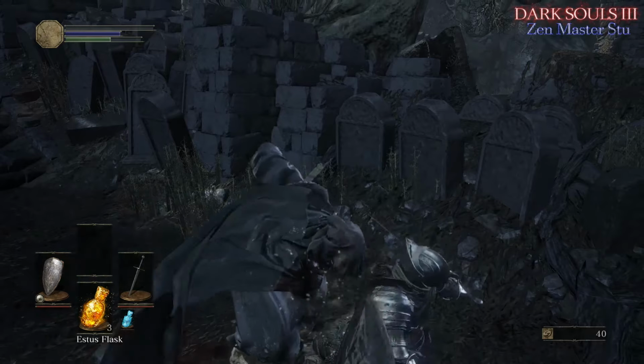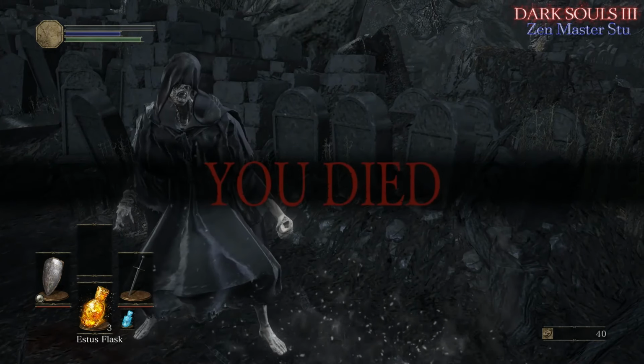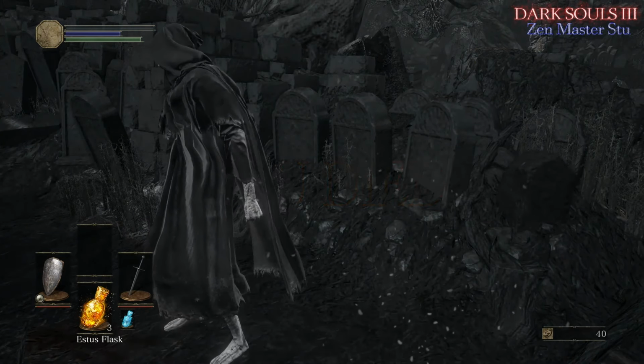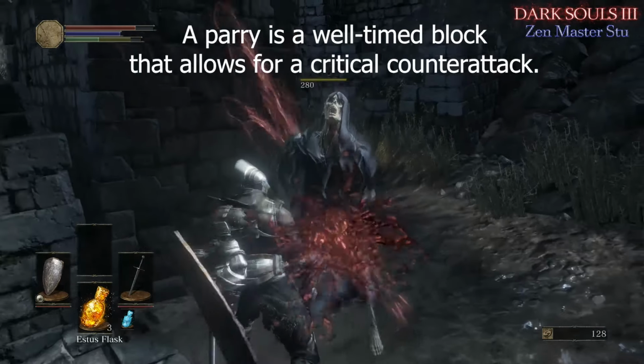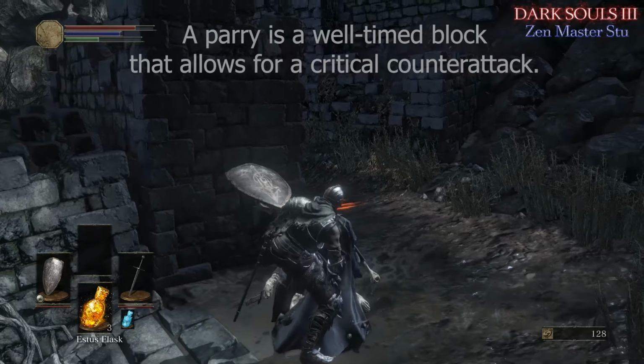Today I thought we'd take a look at the parry system and try to understand a little bit more about how it works. So let's begin by looking at a successful parry. Here my timing was a little late, but I was still able to execute the move and get a critical